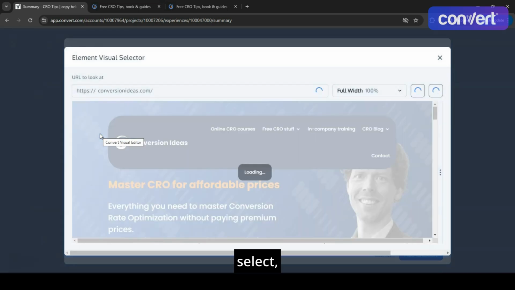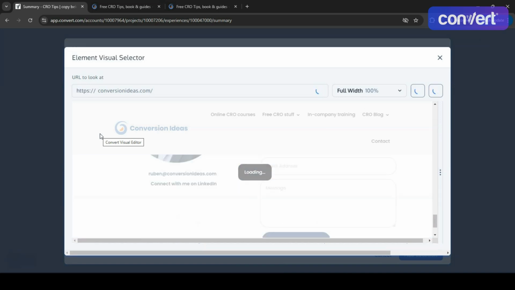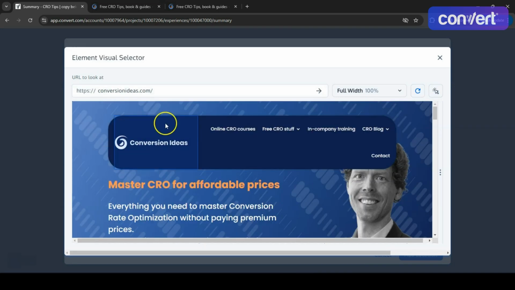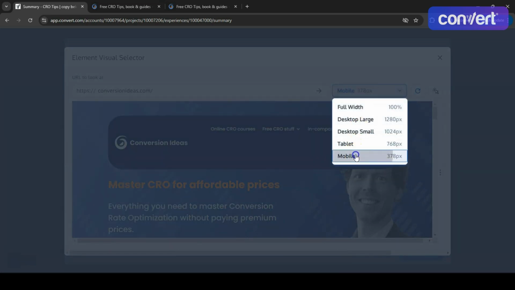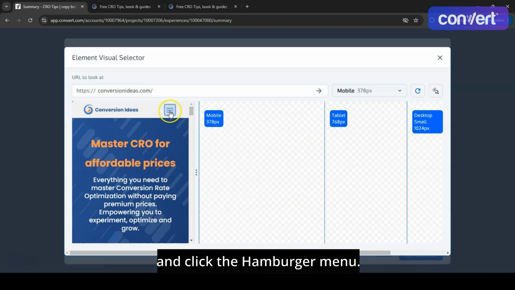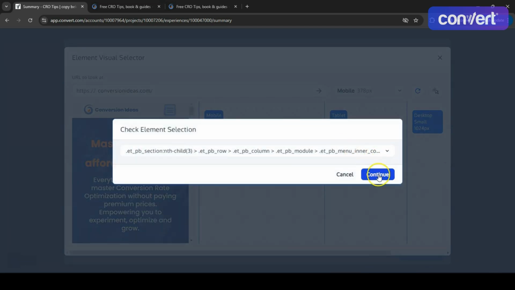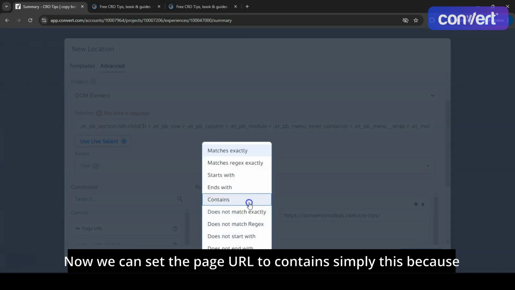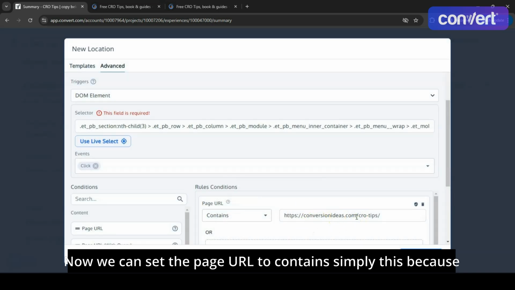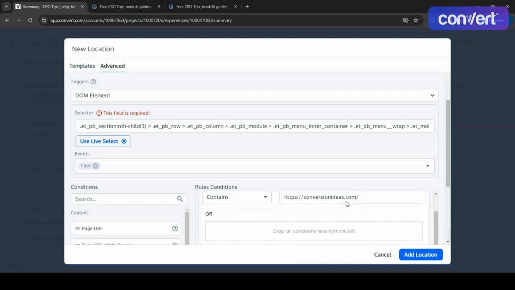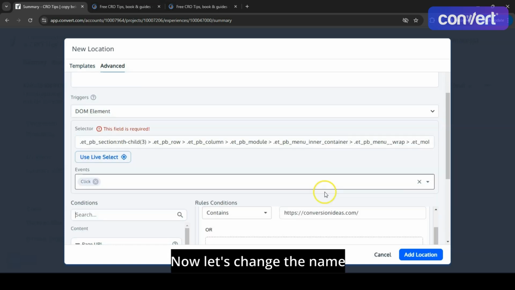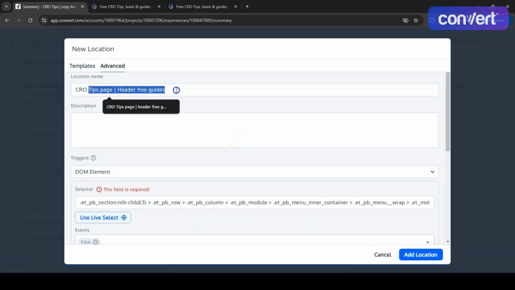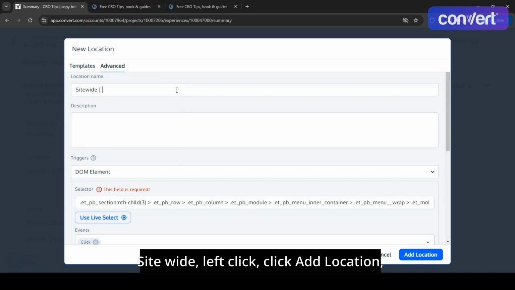Again, use the live select. Set it to the mobile view and click the hamburger menu. Now we can set the page URL to contains simply this, because it's site-wide. Now let's change the name: site-wide nav click, click Add Location,